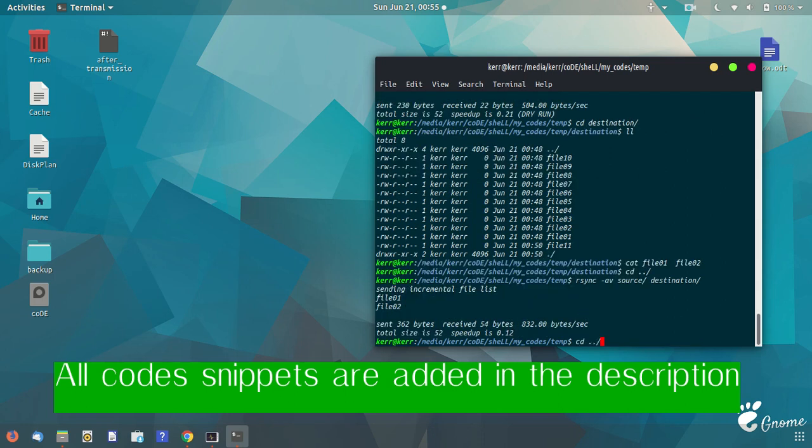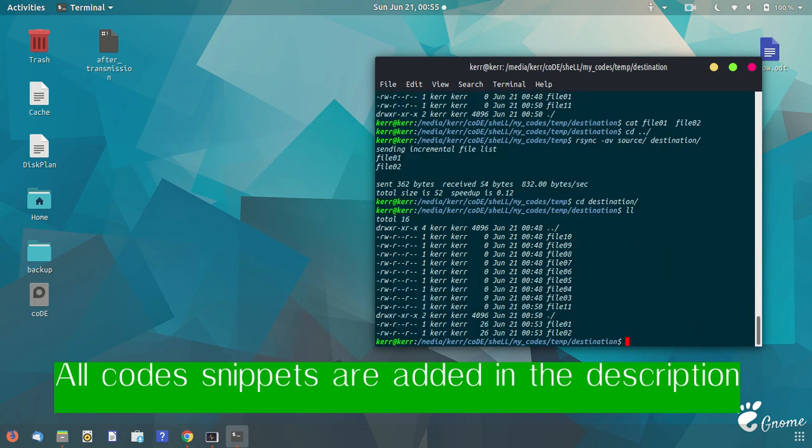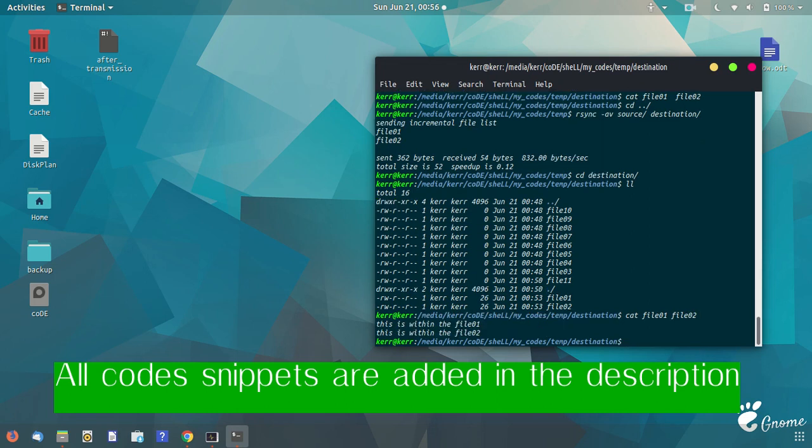So now the changes should be made within the destination folder as well, whatever changes we have made in the source directory. Okay, so that's there. In the destination folder also, those changes are there within file 01 and file 02.